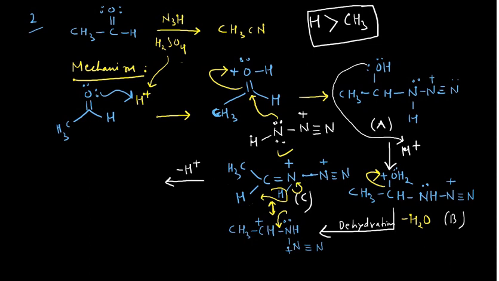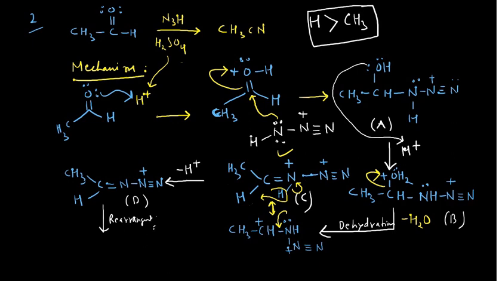And then you are having this species CH3CH double bond nitrogen, single bond nitrogen, triple bond nitrogen, and of course this would be positively charged. So this species, guys, you can have CH3CH and then your doubly bonded nitrogen. Purposely I am calling this D. So this species is the D. So now rearrangement would occur.